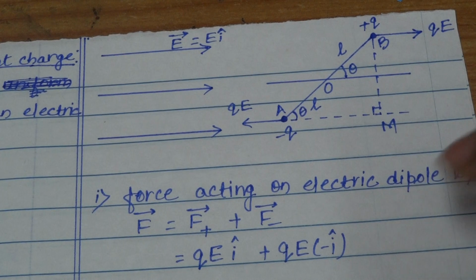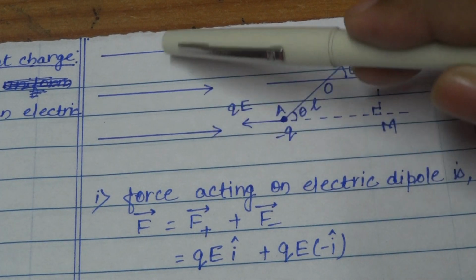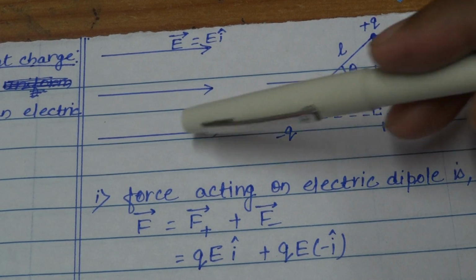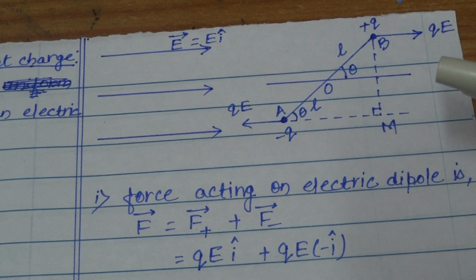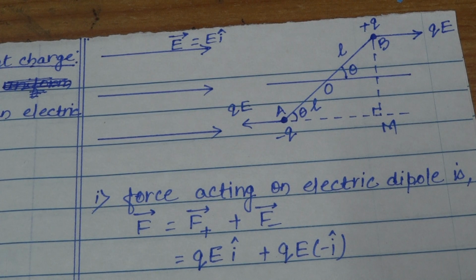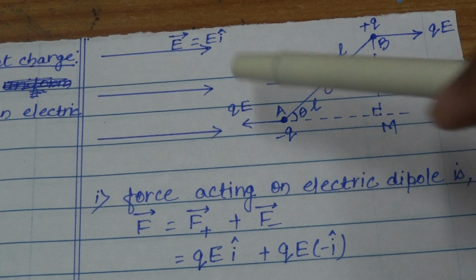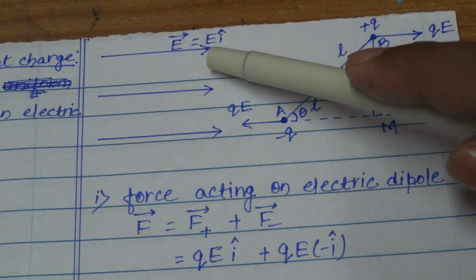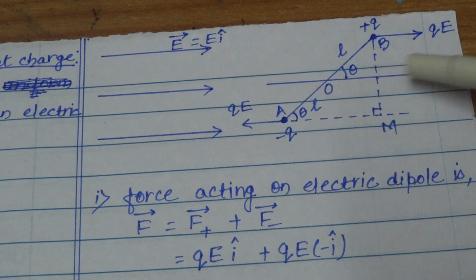In this diagram, first we have three lines which are straight, parallel and equidistant. So no doubt these lines represent the presence of electric field in this region. This electric field is uniform. It means the magnitude and direction of electric field remain the same everywhere. Now this electric field is denoted by vector E equal to E i cap. Magnitude is E, i cap is for the direction of electric field which is along positive x-axis.